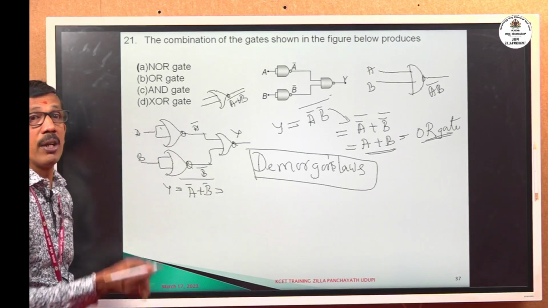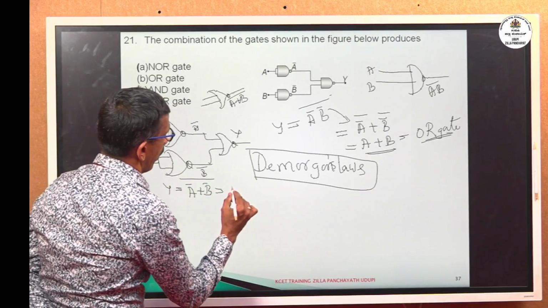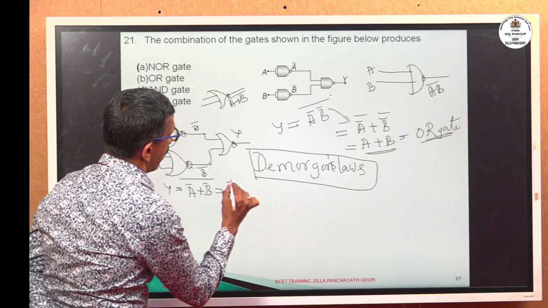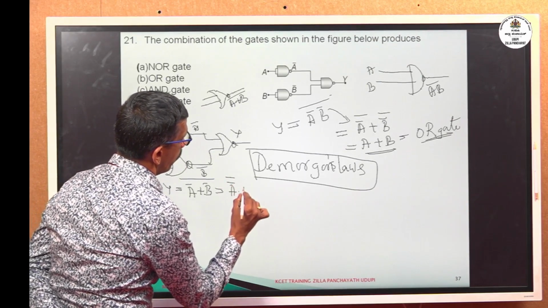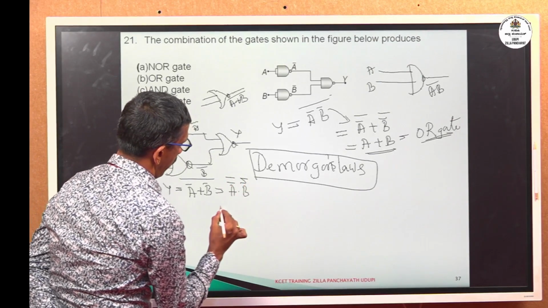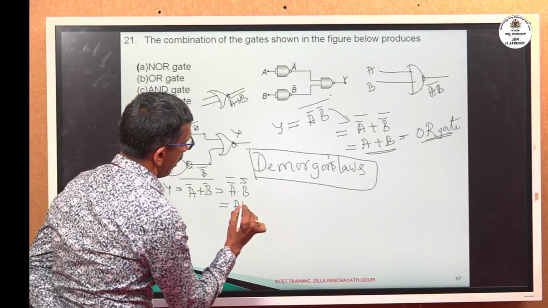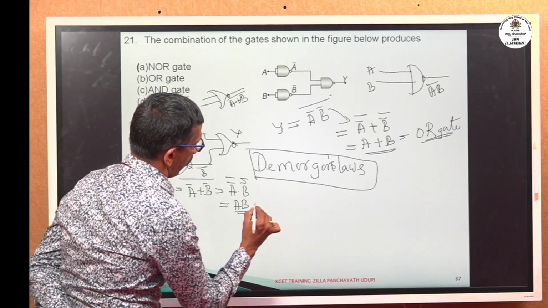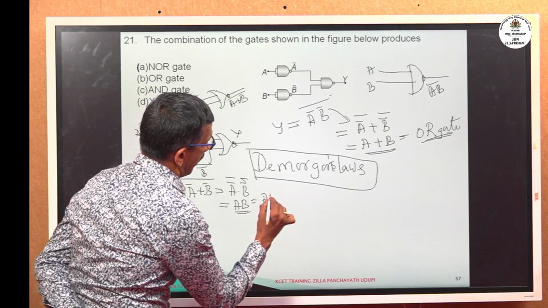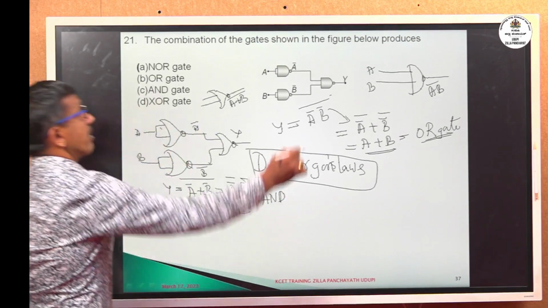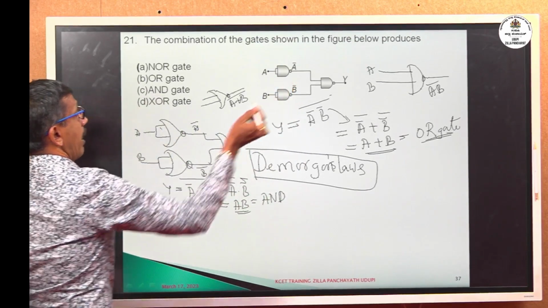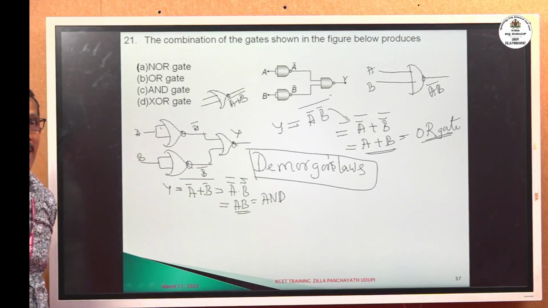Here also we use De Morgan's law such that A bar bar into B bar bar, which is AB, this is equivalent to AND gate. If the same circuit